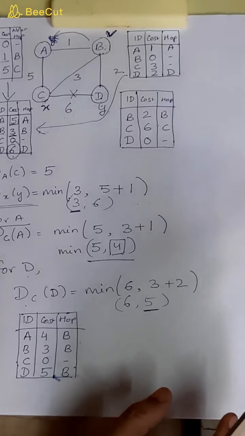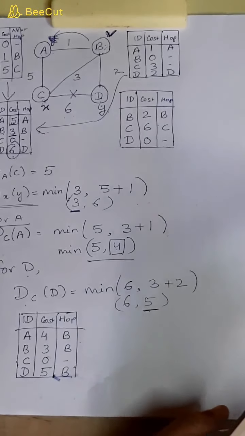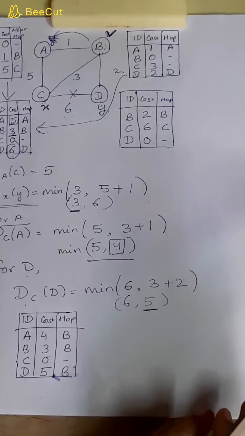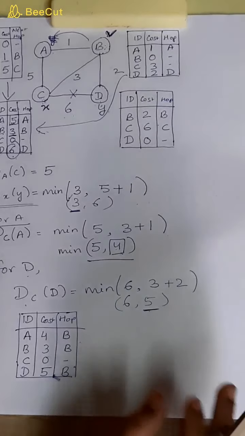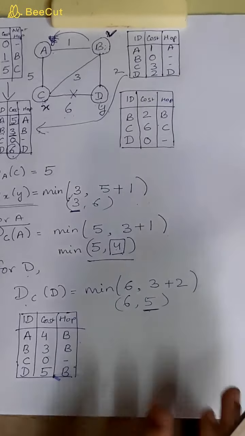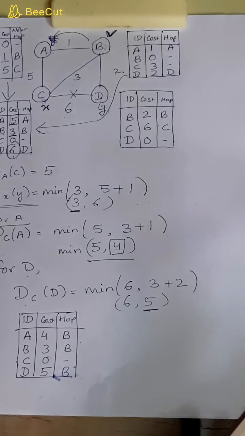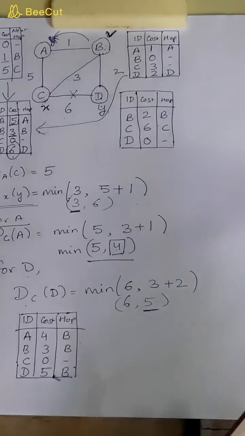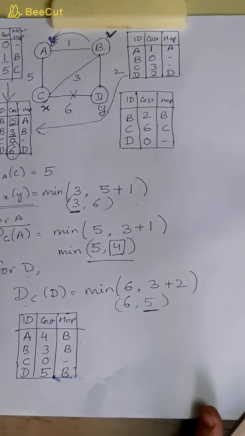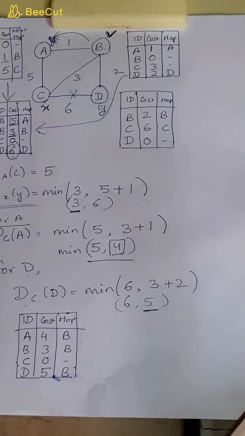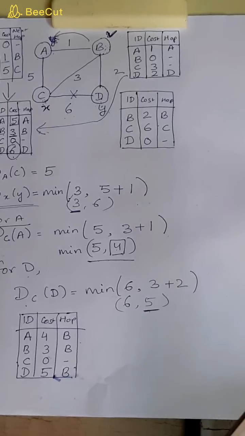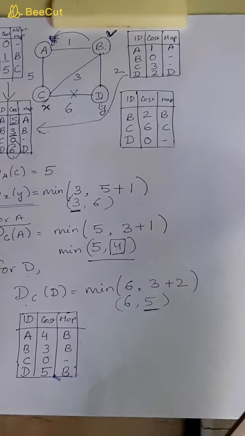So this is about distance vector routing, in which all the nodes maintain tables according to the distance, according to the cost of the link to reach a particular node, and these information and these vectors are exchanged periodically. So this was the sole purpose of distance vector routing. In the next lecture we are going to discuss link state routing, which is again one of the important routing algorithms, and I hope you must have understood.